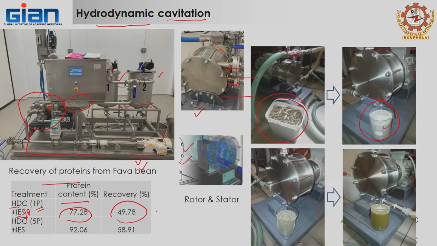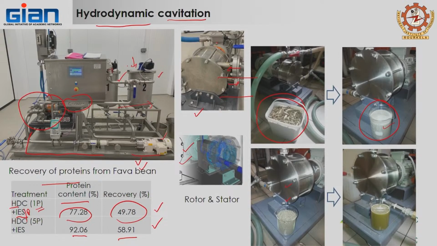Just due to the commercial sensitivity of the information, it is just written as 1 pass or 2 pass. And with this itself we can get that much amount of recovery and the protein content coming out of the biomass. So here we just use this as pre-treatment for separation,